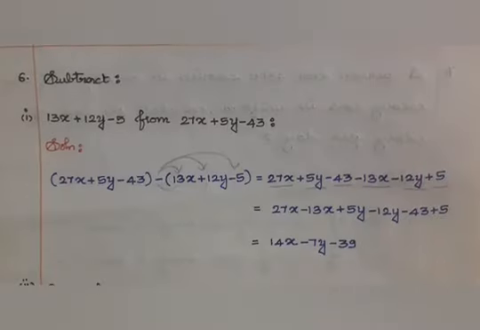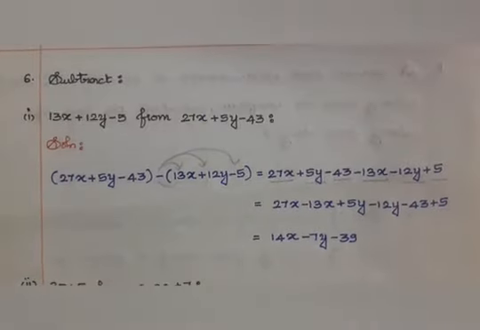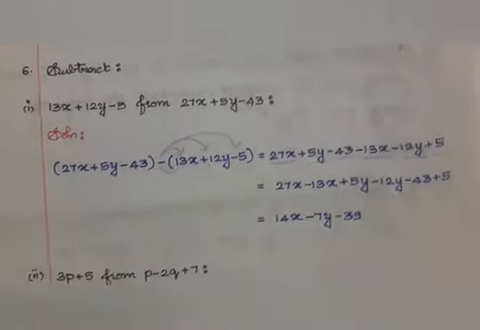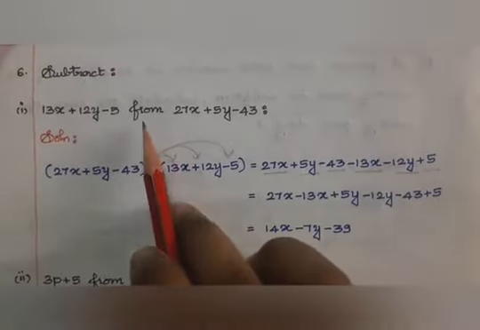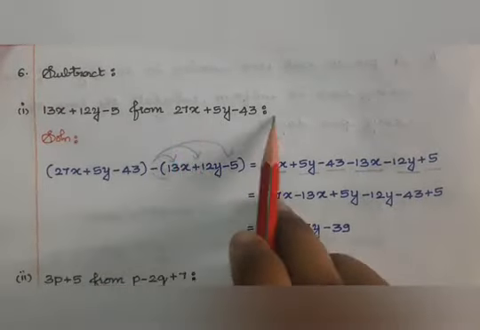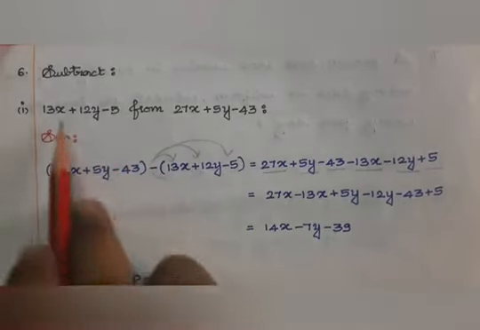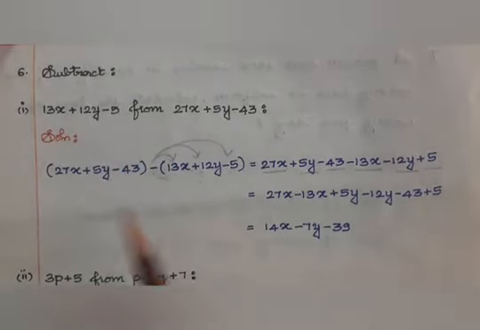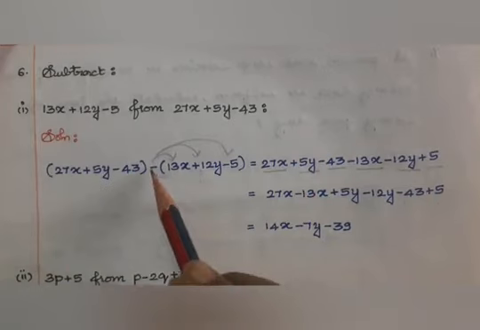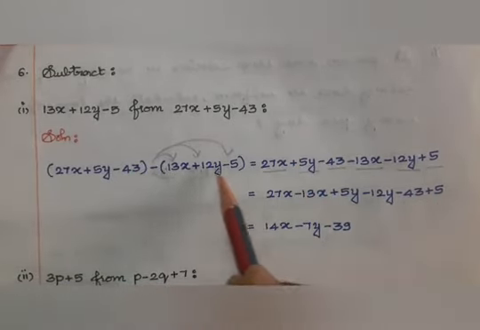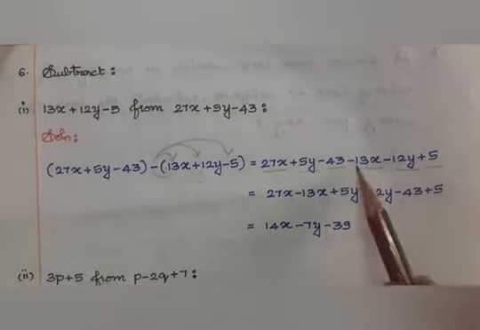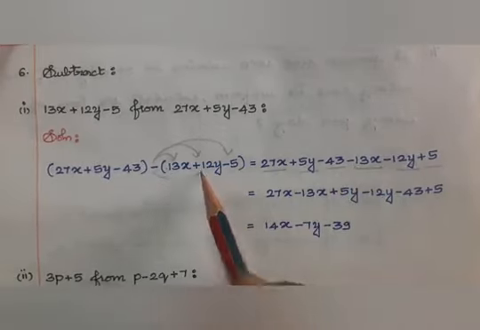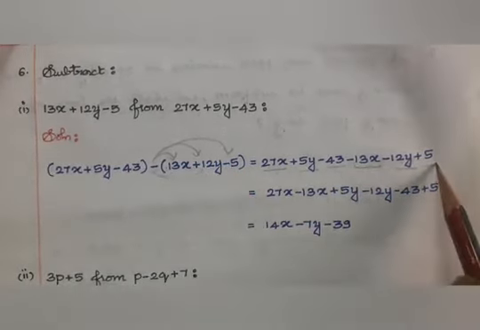Okay, if they are asking you to subtract, what you have to do? Just take the number which is next to "from". So write this next number first and subtract this from the first one. So remove the brackets. When you remove this, minus will go inside, therefore it changes all the term signs. So plus 13 will become minus 13, plus 12 will become minus 12, and minus 5 will become plus 5.